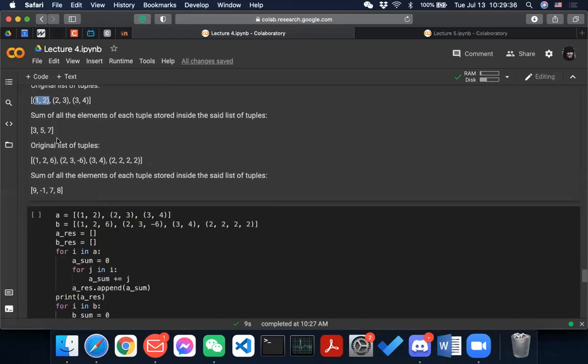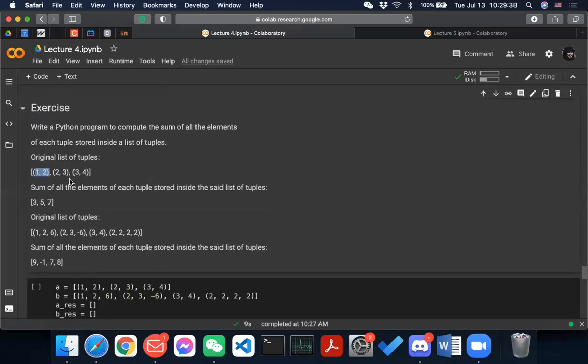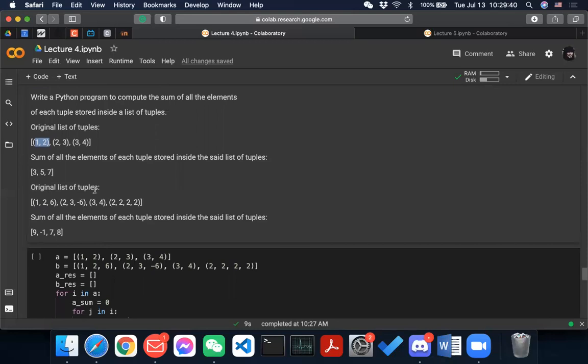And then you can have different ones. So the original list of tuples can be this. You don't have to fix the length of tuples or the number of elements in a tuple. That does not matter for us as programmers.